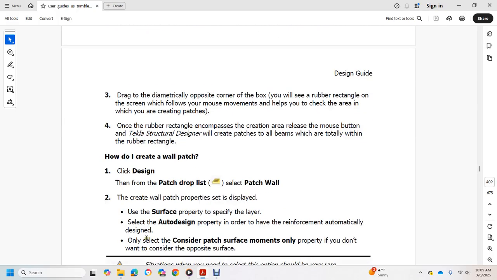How to create wall patches. From the patch drop-down list, select Patch Wall. The Create Wall Patch property set is displayed. Use the surface property to specify the layer. Select the auto design property in order to have the reinforcement automatically designed. Only select the consider patch surface moments only property